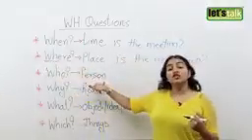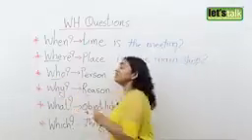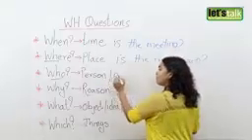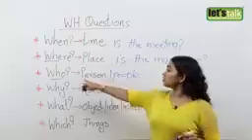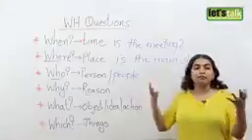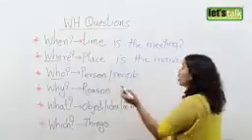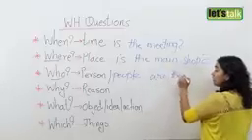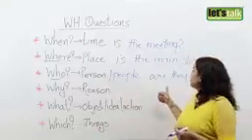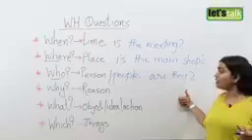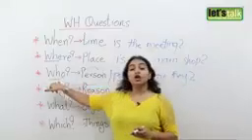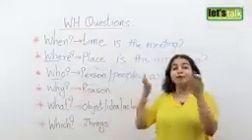And then you have a question called who. This is always to know about a person or people. So you use the question who when you are talking about a singular person or people, which would be the plural form of a person. So I could say, who are they? So I'm talking about people, the plural. I could say, who is the boy wearing green? Who is he? That's when I talk about a singular person. And that's where you use the word who to know about a person or to know about people.